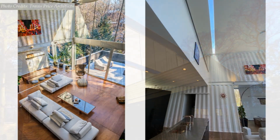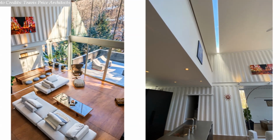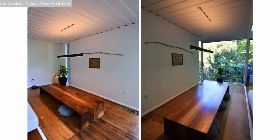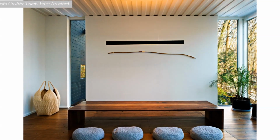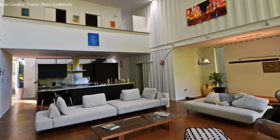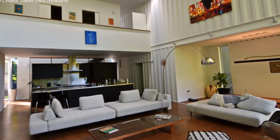The living area is filled with natural light from the full-height glazing and the several skylights sprinkled across the ceiling. On one side, the main living area flows into an adjacent container whose wall has been largely cut away to make room for a low dining table with cushion seating. On the opposite side of the room, the corrugated container walls have been left intact and with a door leading